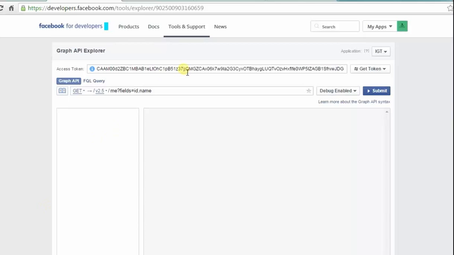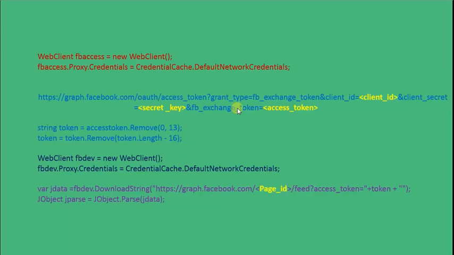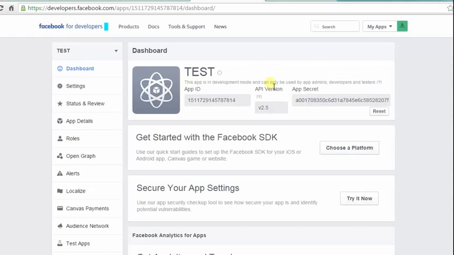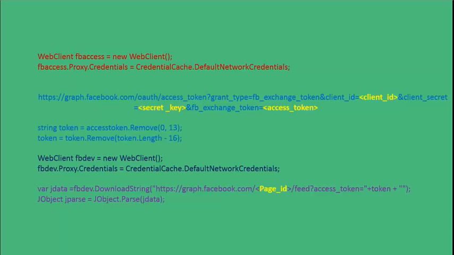Here I have got an access token. I'll take this access token and place it over here, in the FB access token place, and my client ID and client secret I'll get from here. This is my client ID and this is my client secret. This is also called app ID and app secret.